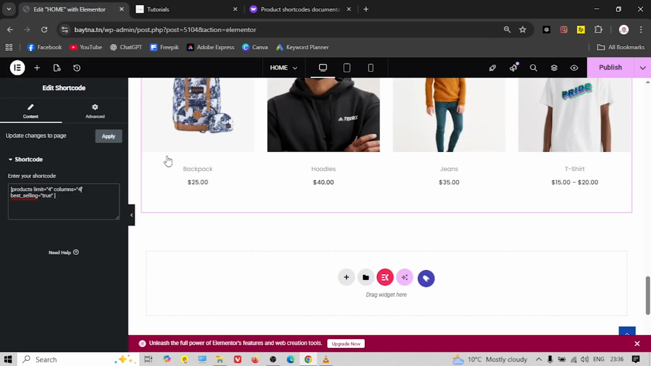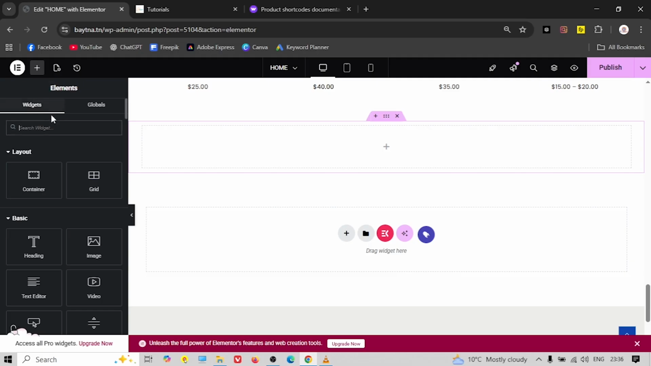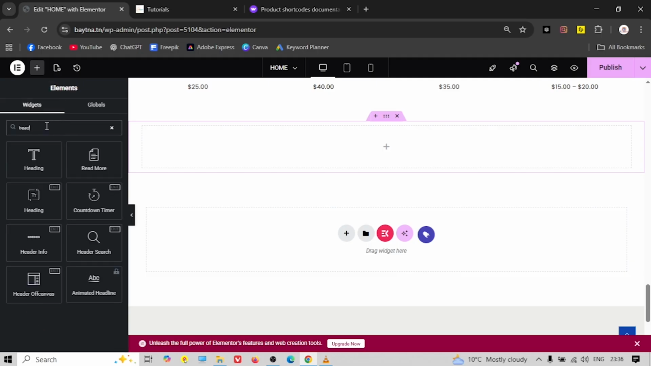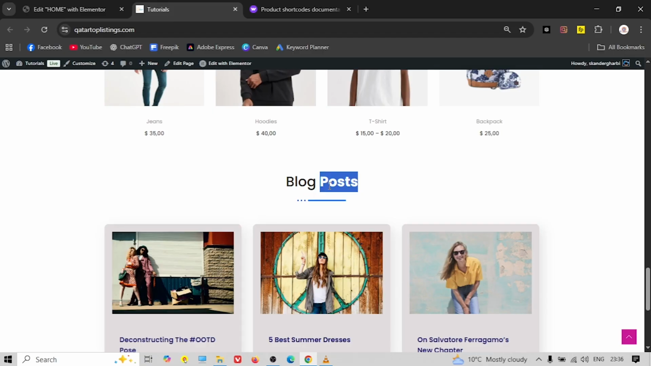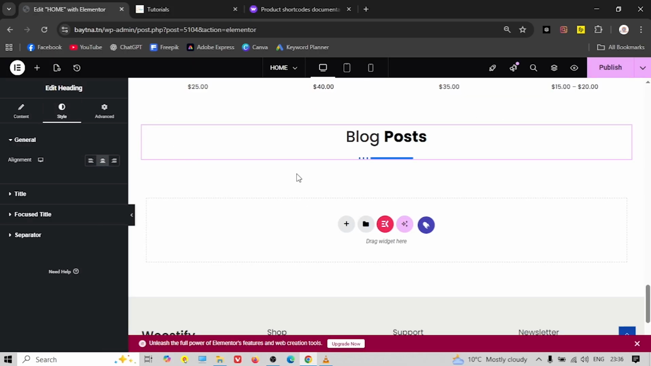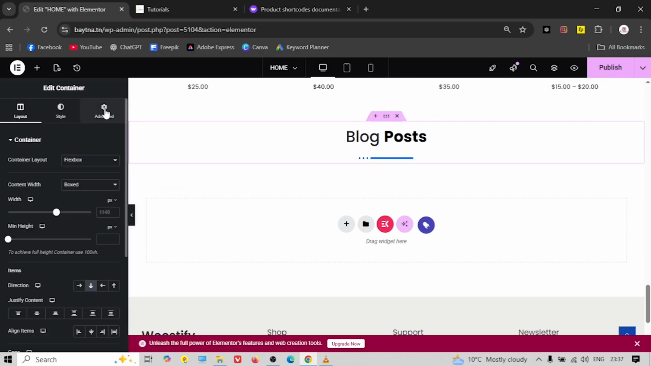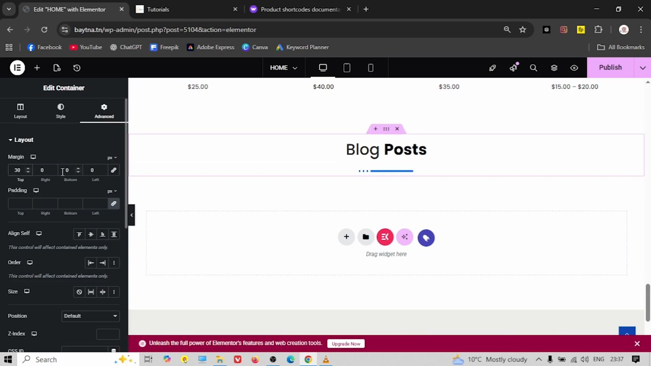So this is very simple to use. We got another flex box over here, and then we're gonna click the plus button. We search for the Elements Kit heading, drag it over here. We're gonna copy. We're gonna say blog posts. Now we're gonna put it to the center. Let's add some padding, some margin. Let's link. I'm gonna add 30 from the top and 30 from the bottom, and we're gonna